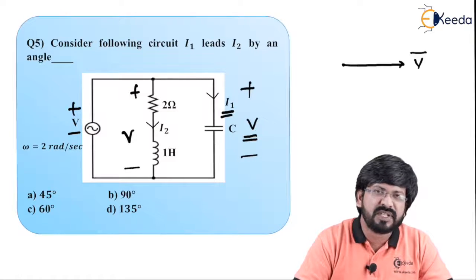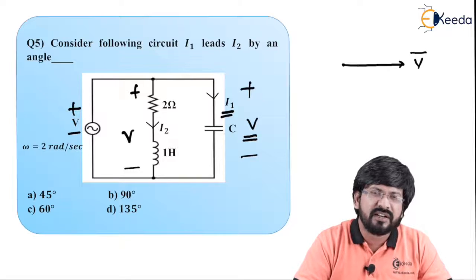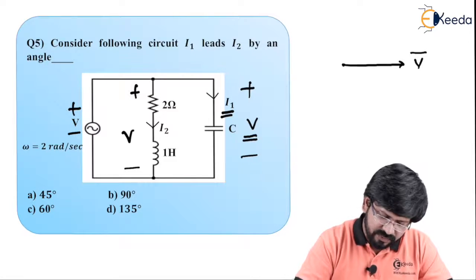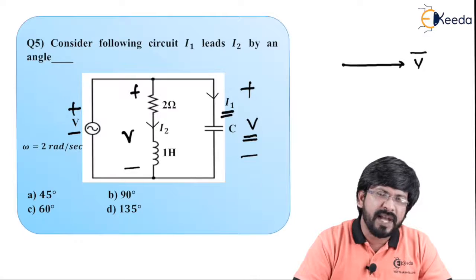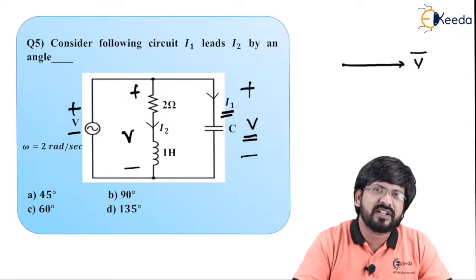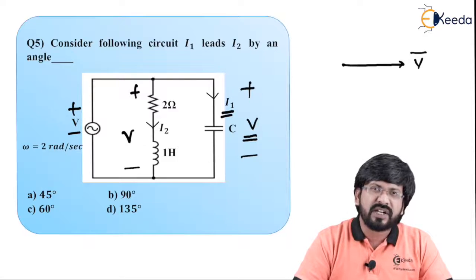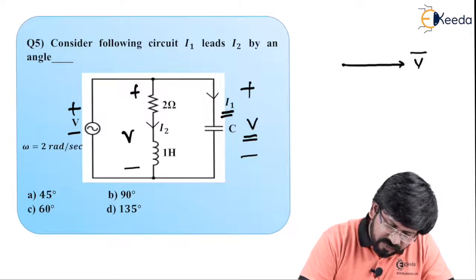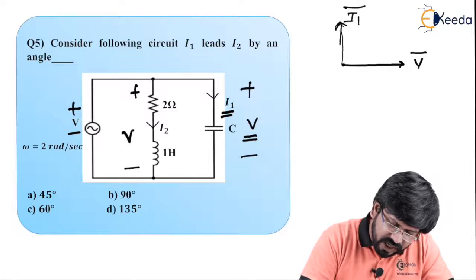I'm sure you must have seen previous videos where I have made you understand how to get the voltage and current relation when it comes to a capacitor, resistor or inductor. Also we have seen combinations. So we know the fact that when it comes to a capacitor, current always leads voltage across it by 90 degree. I repeat, current through a capacitor always leads by 90 degree with respect to voltage across it. So I can now draw I1 this way. This is the I1 vector, because I1 always leads voltage by 90 degree.